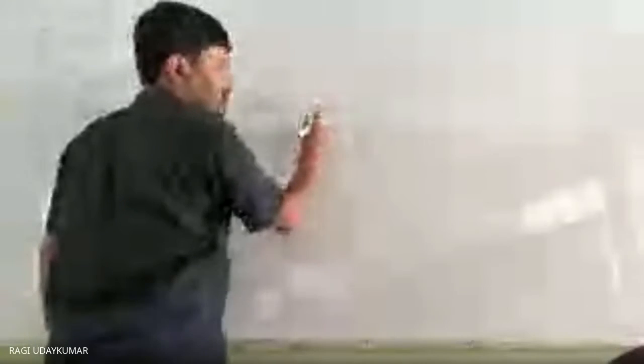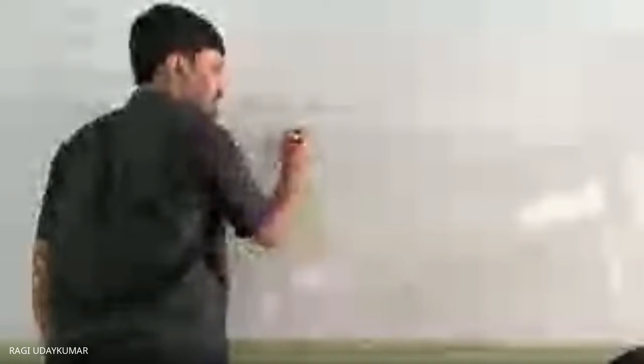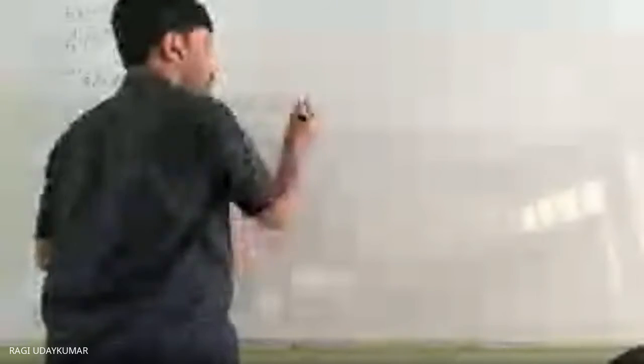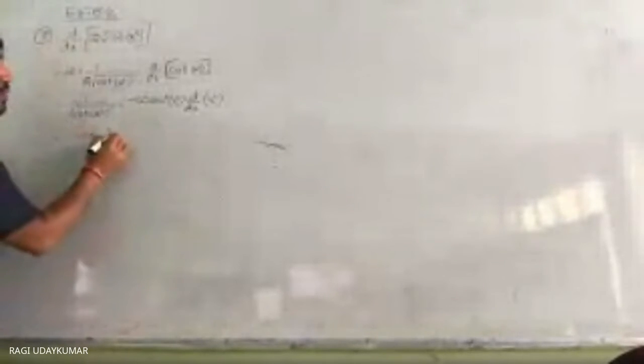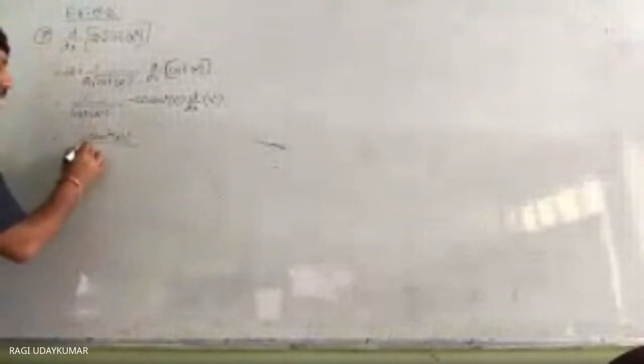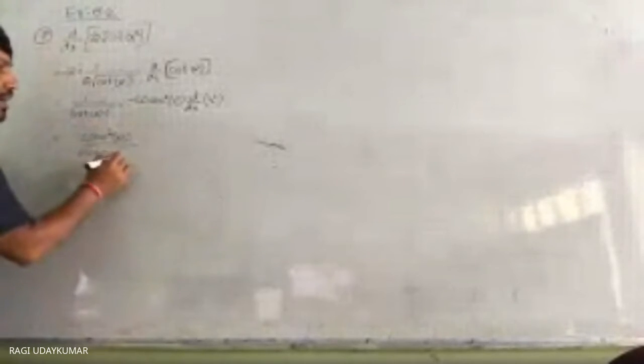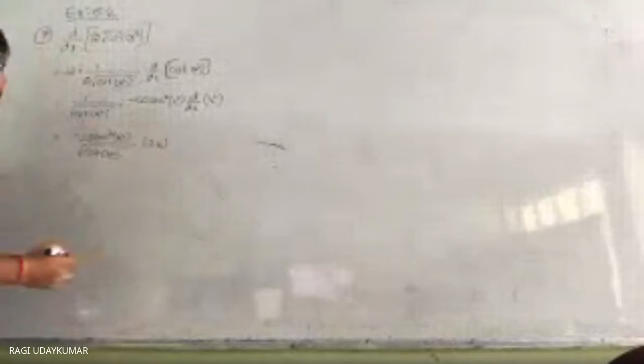Cosec can be written as CSC in some places. In some books you can see CSC written here. So if you get confused, it is minus cosec square x. In the place of x we are having x square, so here also you need to write x square. But again you need to do the x square differentiation, d by dx of x square. So what you get here is minus cosec square x square by under root of cot x square into d by dx of x square, which is 2x.